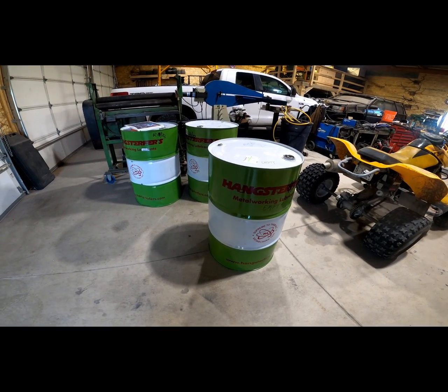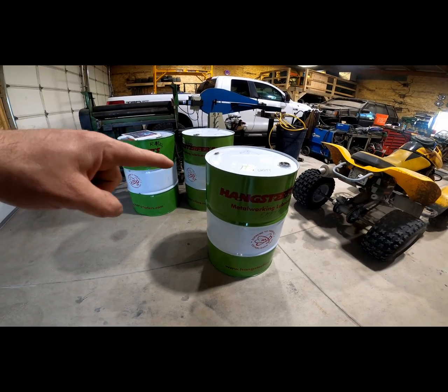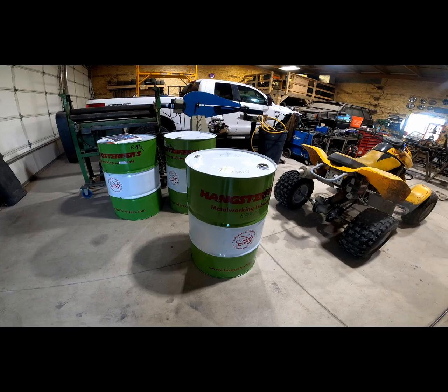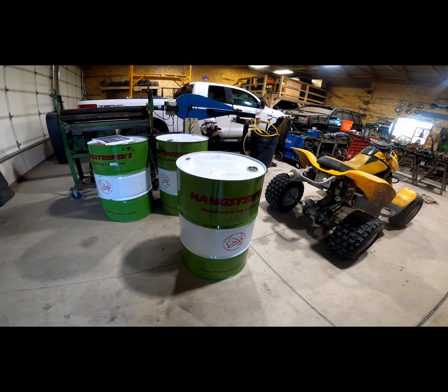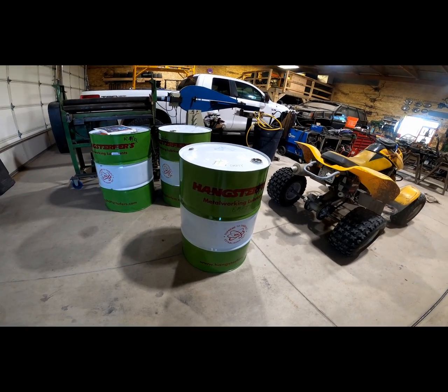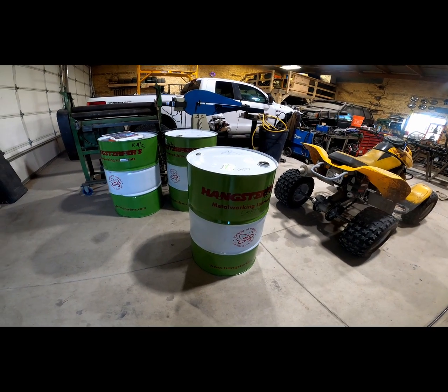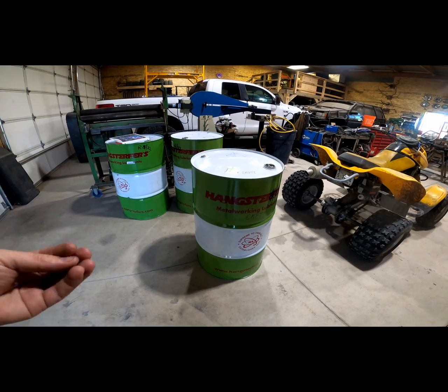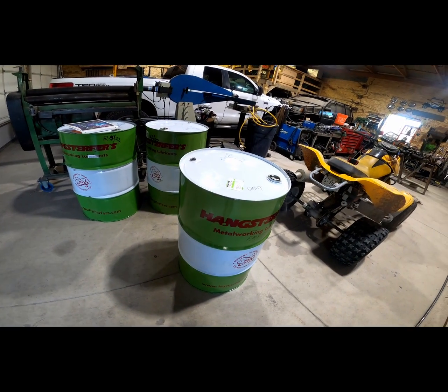It is totally okay for the environment. The Hankstaford guy came to our shop and showed us, he literally tasted this stuff. So anything that I get out on the ground is not going to hurt the environment, won't hurt animals, nothing. He physically drank this stuff. So it seems to be